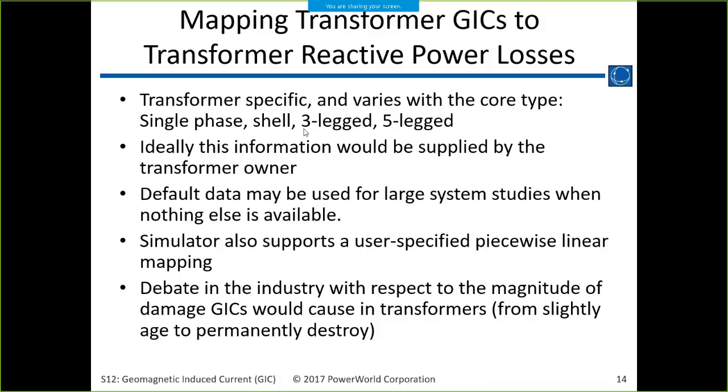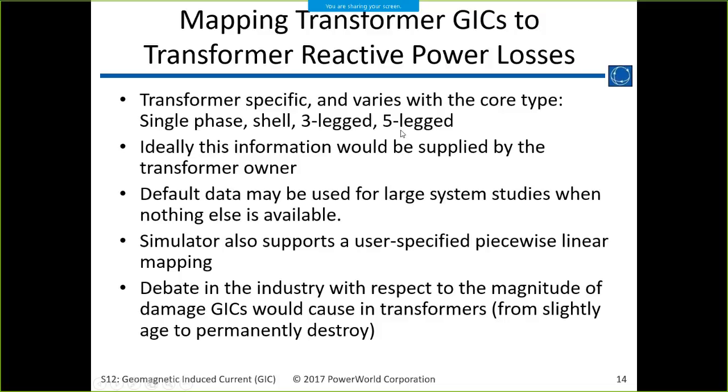These defaults are all in Simulator, and you can change them if you want to. If you want to change the global K factor that is applied to a 5-leg transformer, there's just one spot in Simulator. You can go and change that, and it'll apply that K factor to every transformer of that type. And then you can go down to the individual transformer and give it its own value too.